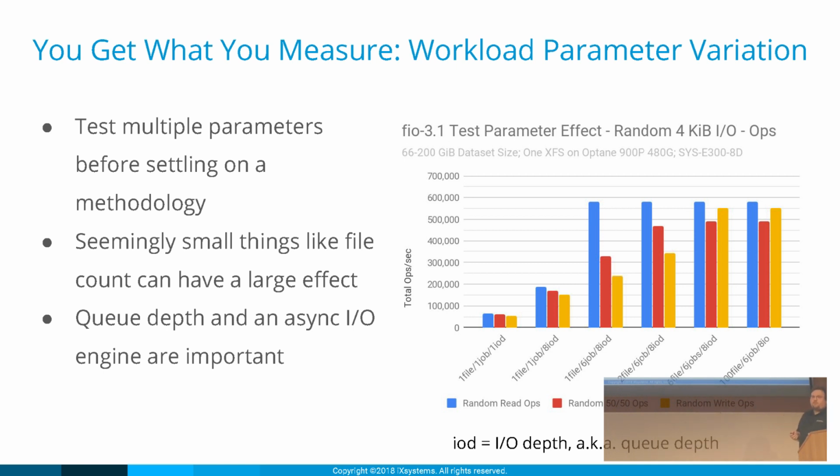If an IO depth of 8 is great, well, let's try an IO depth of 8, but use 6 threads. Wow, well, we've really increased the performance. We've gone from almost 300,000 ops per second for reads to a little over 550,000 ops per second. And the writes, now, the interesting thing here is that our writes didn't actually go up by that same order of magnitude. We went from about 150,000 ops per second to 250,000 ops per second. So why is that? Well, I just have one file, so let's keep everything the same, 6 jobs with an IO depth of 8. But now let's use 2 files.